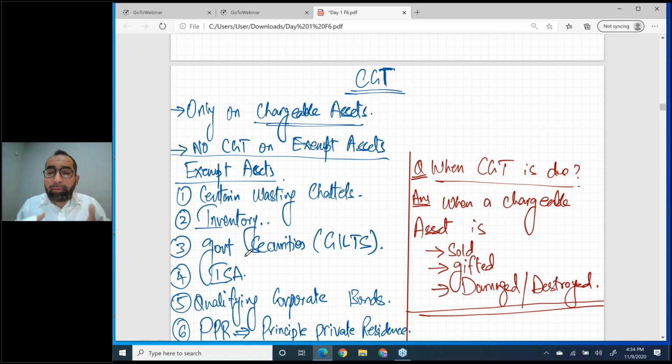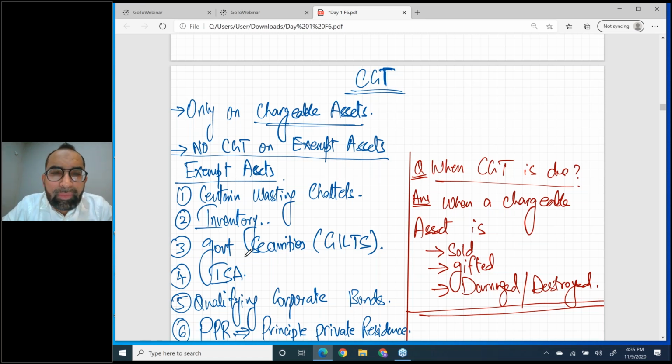let's move on to the primary topic of today, and that is CGT, capital gains tax. Students, remember this, that we are running short of time. We have to do questions. This is a question based revision session, but still I am giving you some points so that you can recall the concept. Listen,